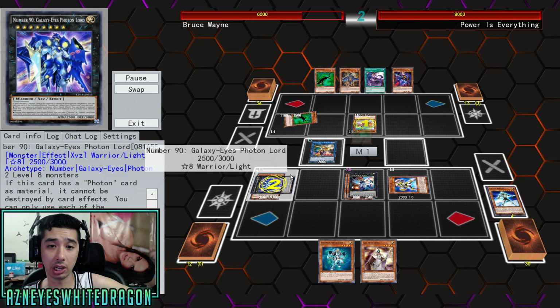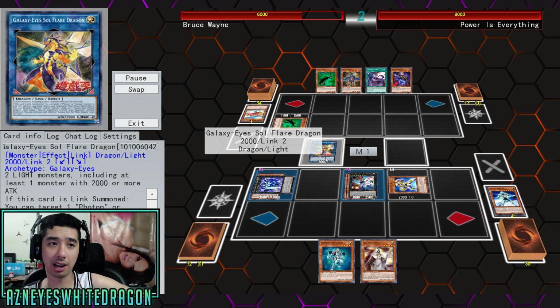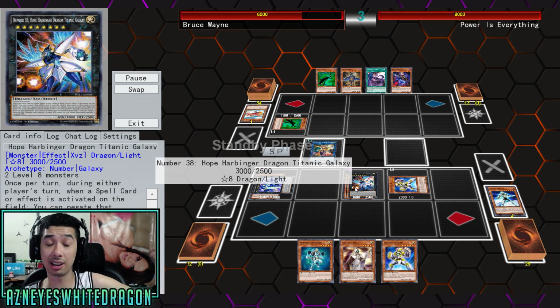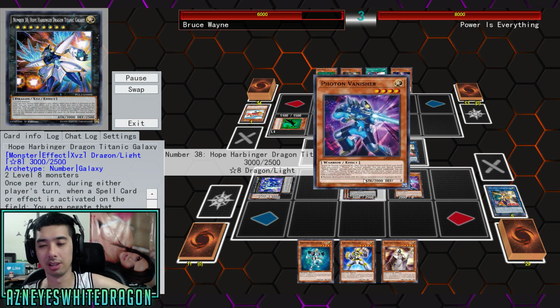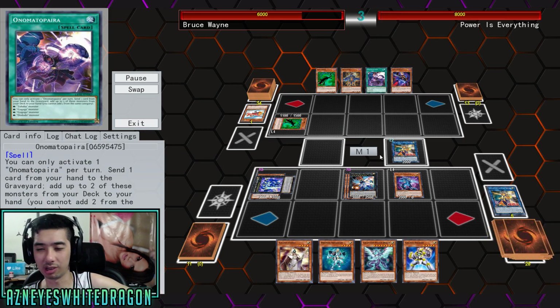But in this case over here, he had the number 90. He's got Soul Flare Dragon. This is a negate, this is a negate, and this is also a negate. Plus it attaches the spell. So it's not like this player's really doing anything, but I just want to show you guys what you